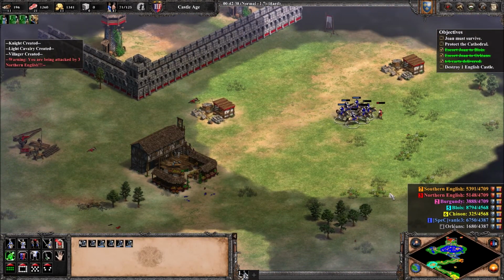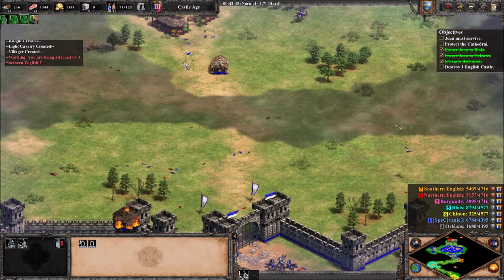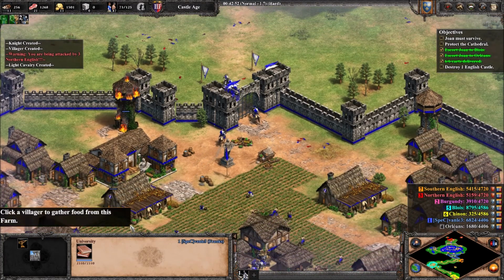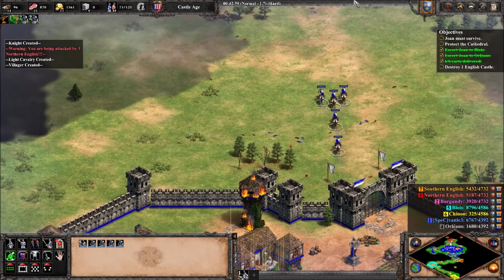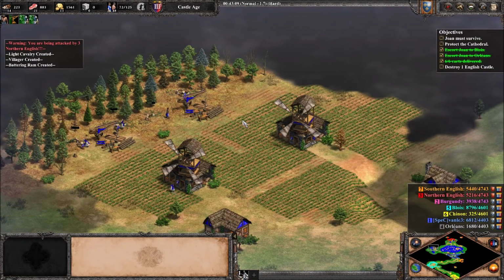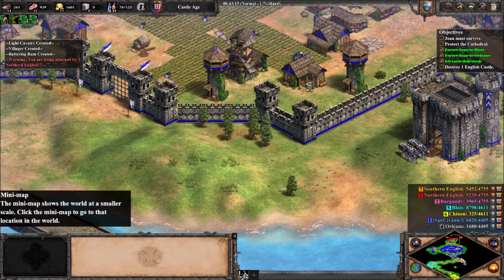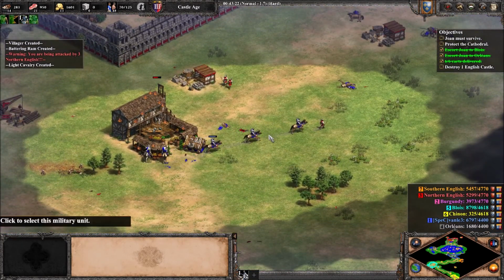Basically what I'm getting at. Light cav also very fast, which helps with tracking down the enemy units. Again, we're just not that strong in direct fighting. So using them against the Southern English with their knights, maybe not the greatest idea, but...